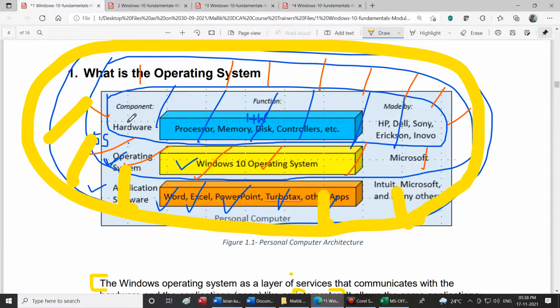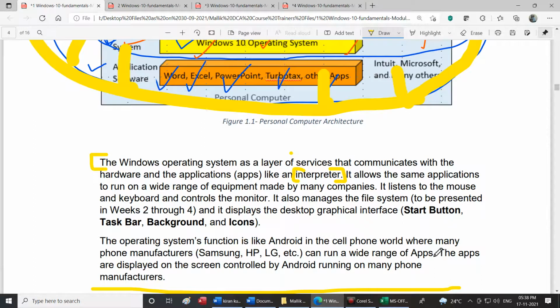That's how it works. I am using here an application called Microsoft Edge, which is going to view the notes we have created. It also allows me to draw when I am explaining concepts to people. Every time I input a line or a circle, or use an eraser to erase this, how does the computer understand? The computer understands because the Windows operating system is acting as a layer of service, as an interpreter that communicates with the hardware and the application.